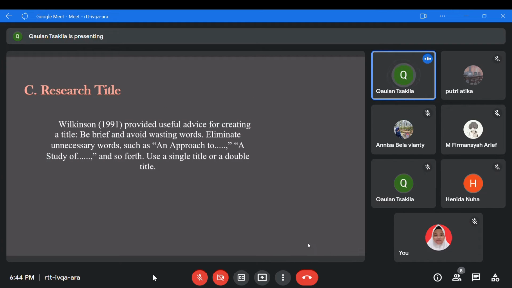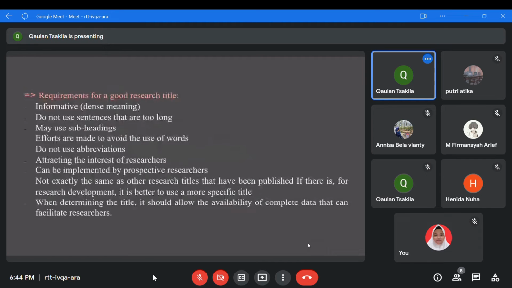C, research title. Wilkinson provided useful advice for creating a title. Be brief and avoid wasting words. Eliminate unnecessary words such as an approach to, and study of, and so forth. Use a single title or a double title. And then